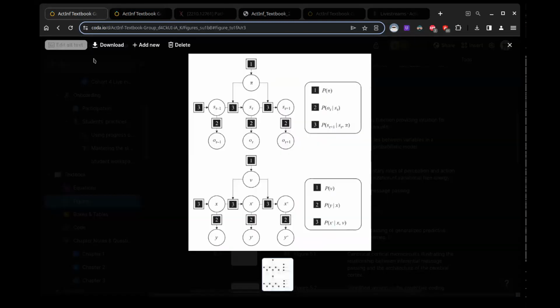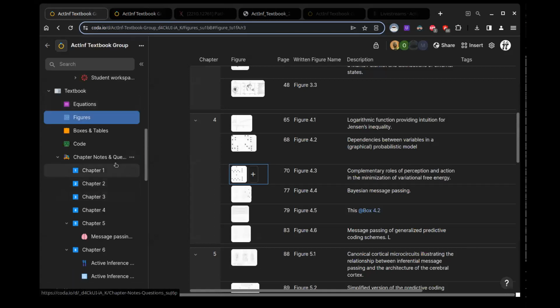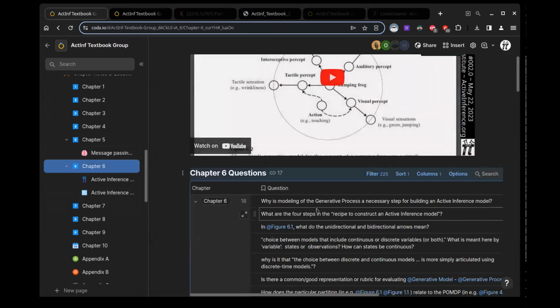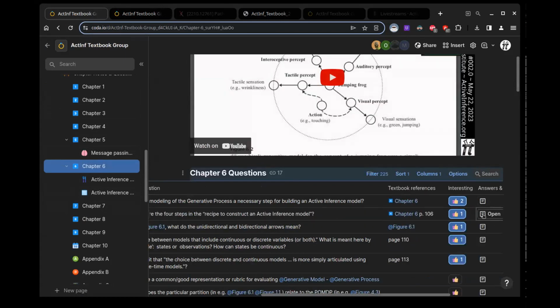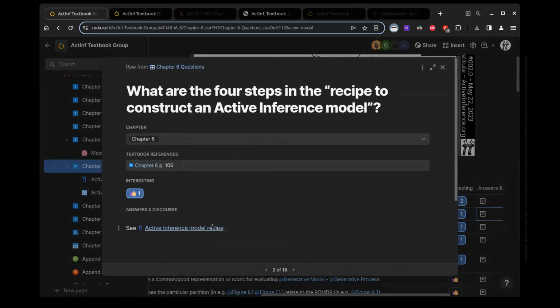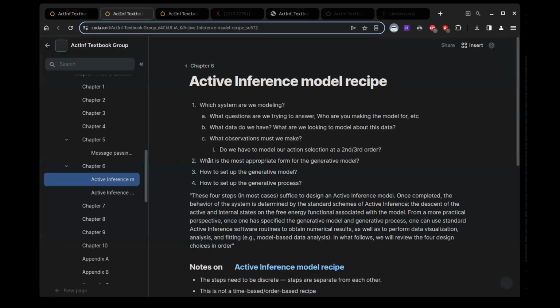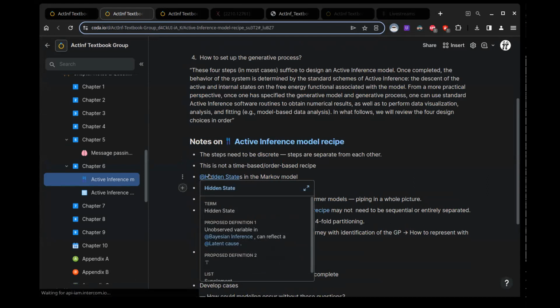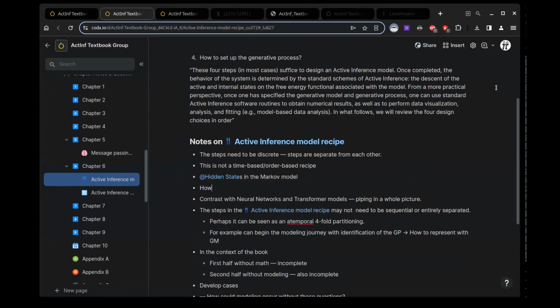Ali, and then anyone else? Yeah, I'm wondering to what extent this recipe is applicable when it comes to modeling collective intelligence, which is the current interest of active inference research largely.